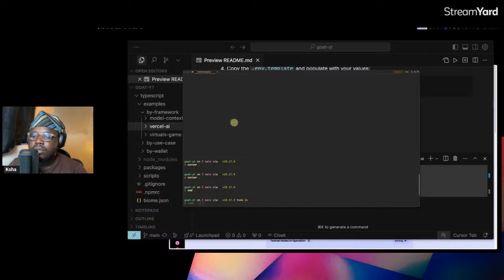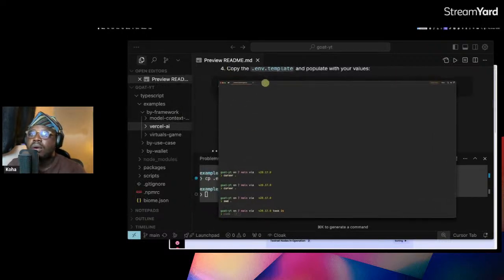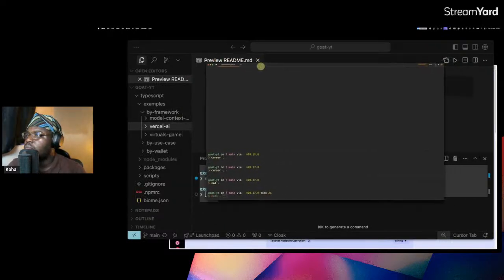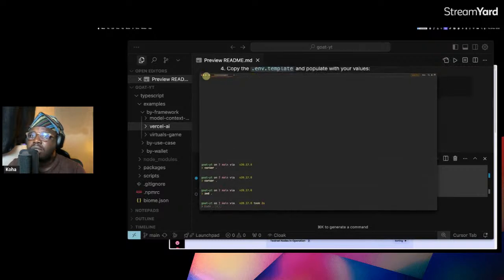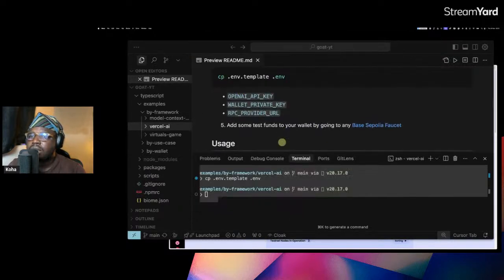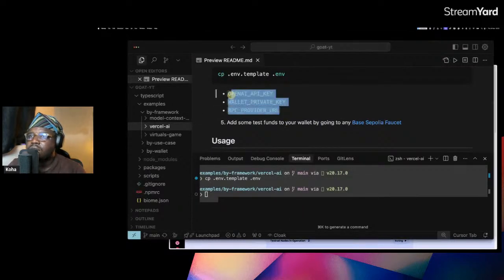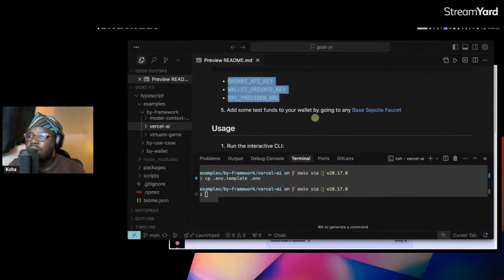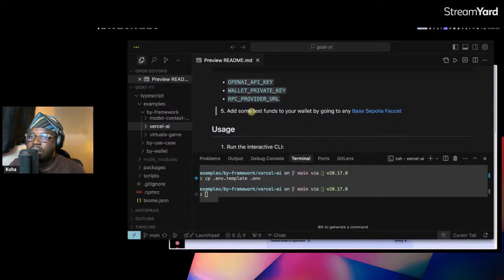Okay. All right, now I don't need to show this. Why am I showing this? Okay, I've added all this stuff to the env file. We also have test funds in it. Like I showed you, I had like $54 or something. So